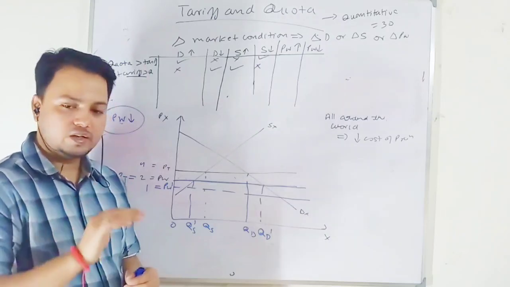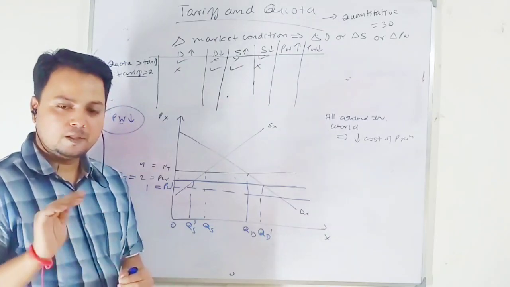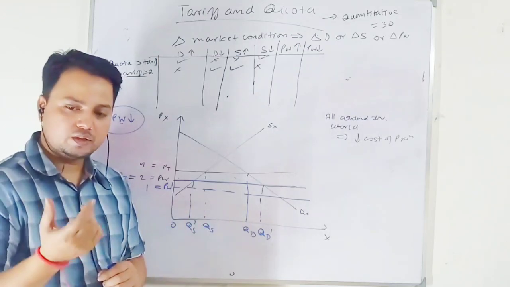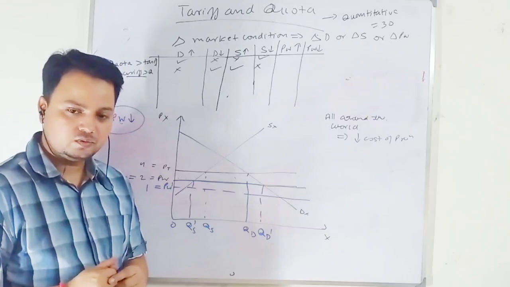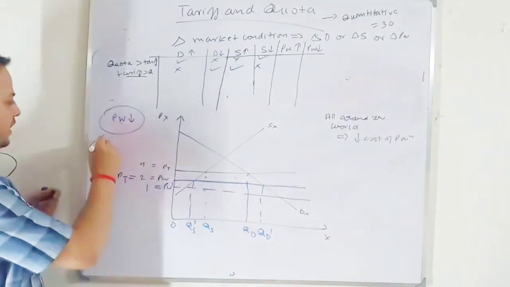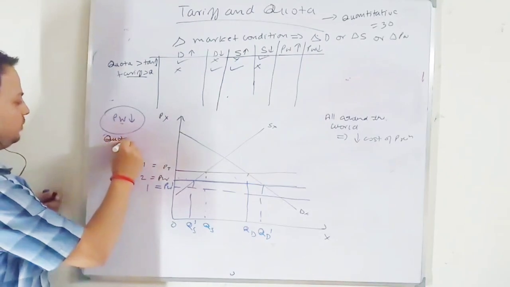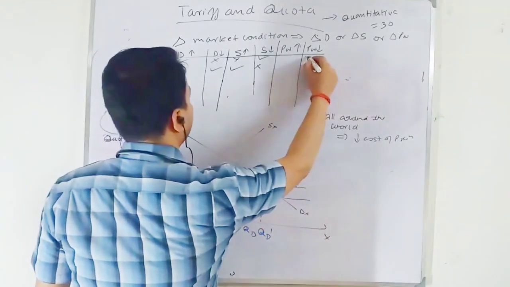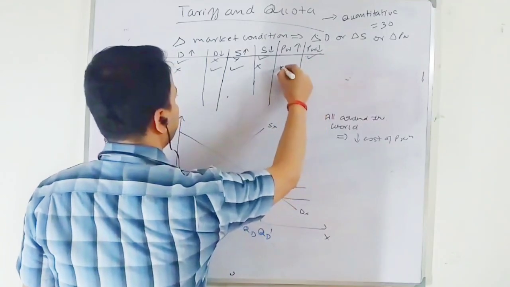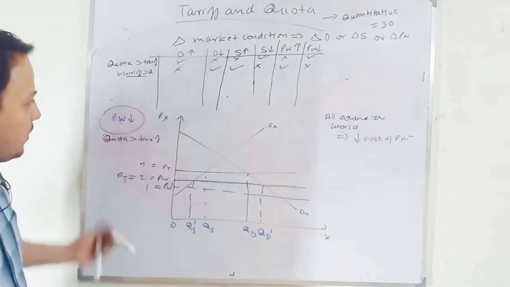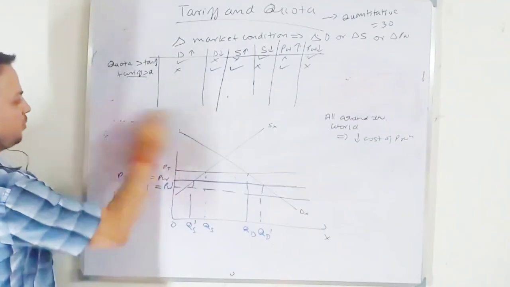So when there is a fall in world price, it is not going to affect the domestic price, because the quantity that you are importing is fixed. So in case of falling price, quota is more protective than tariff. Quota is more protective than tariff, and in case of increase in price, this will be the case. So what we have seen is this complex picture,